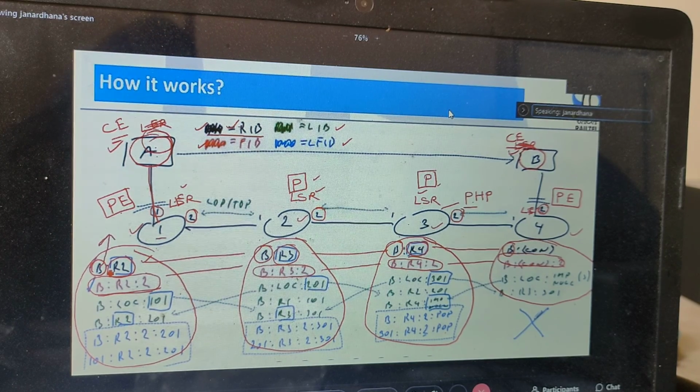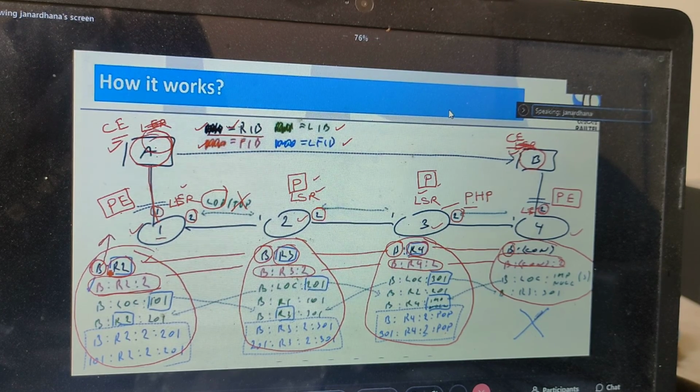So the first 2 lines are the normal traditional routers, right? Now, I already told 1, 2, 3, these are the 4 MPLS routers. What will the MPLS routers do? Once they enable the LDP protocol, we are not enabling TDP, so with the LDP protocol the labels will be locally created, right? Labels will be locally created, I already told. See, it is locally created. LOC means locally created.